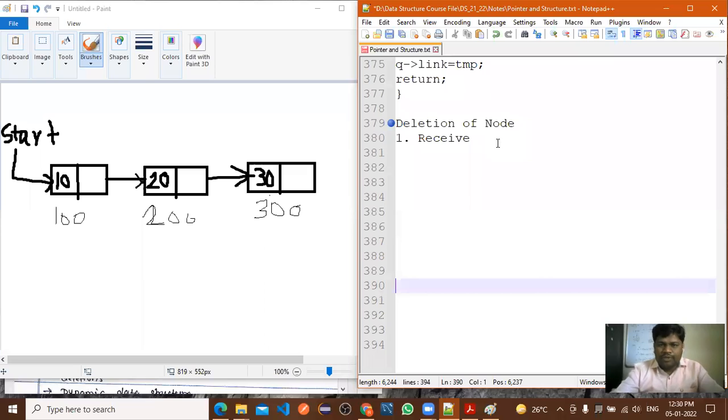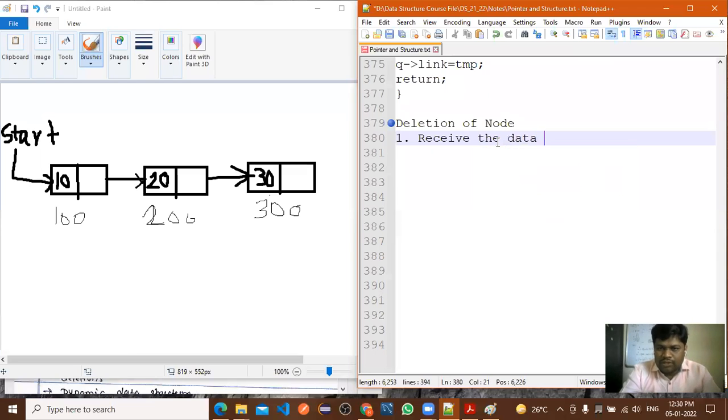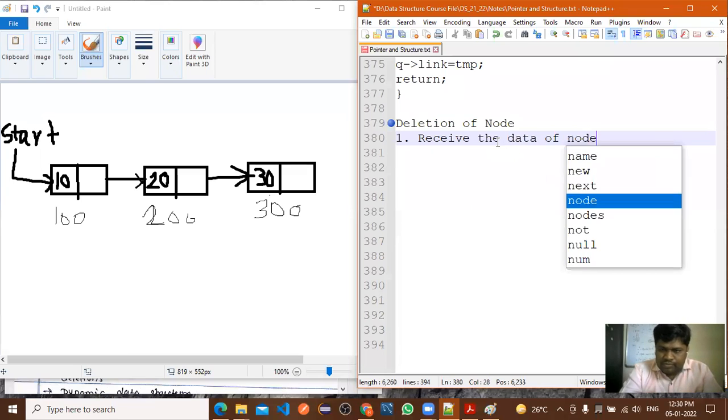Yes, sir. Okay. First receive the data. So what data do you want to delete? Receive the data of the node.